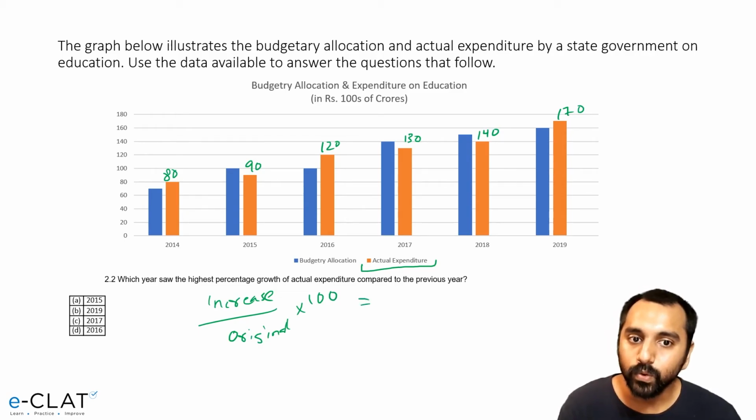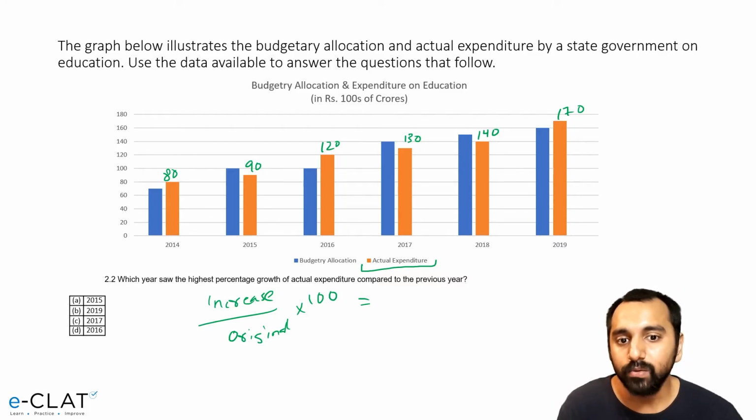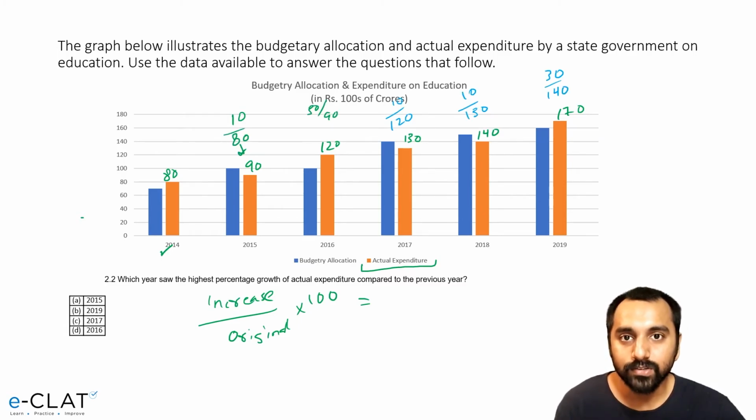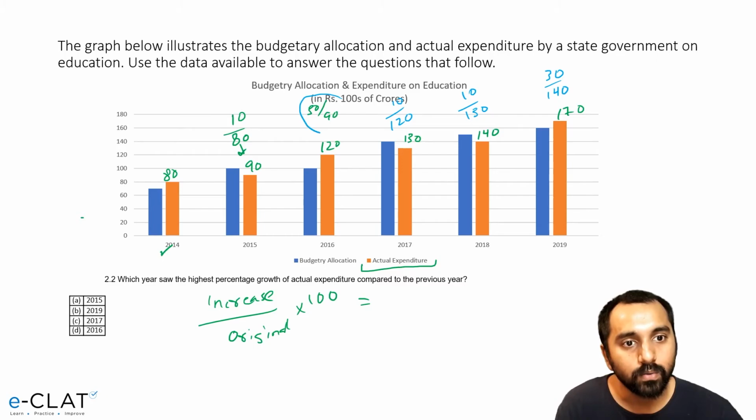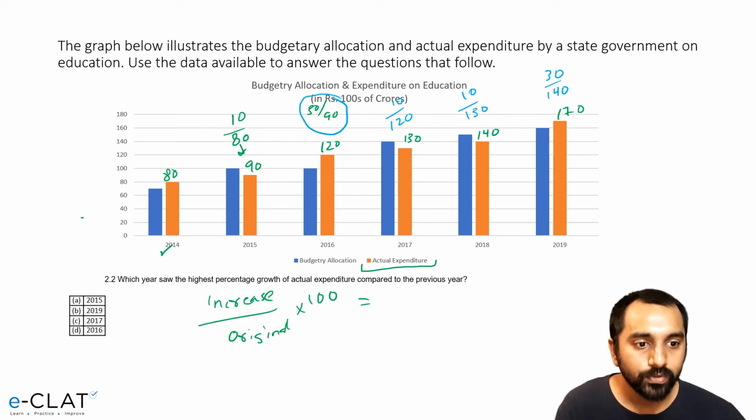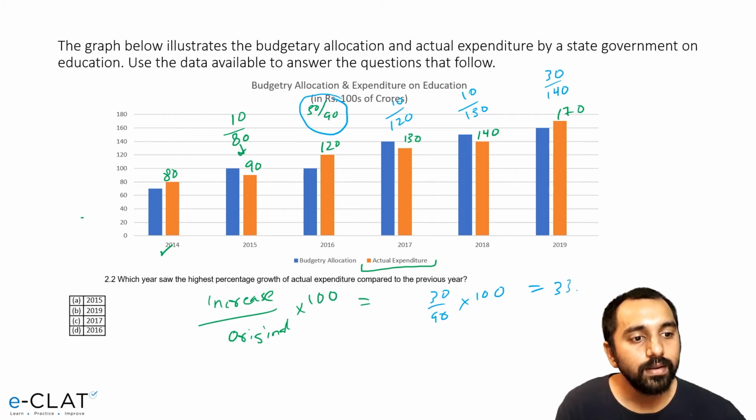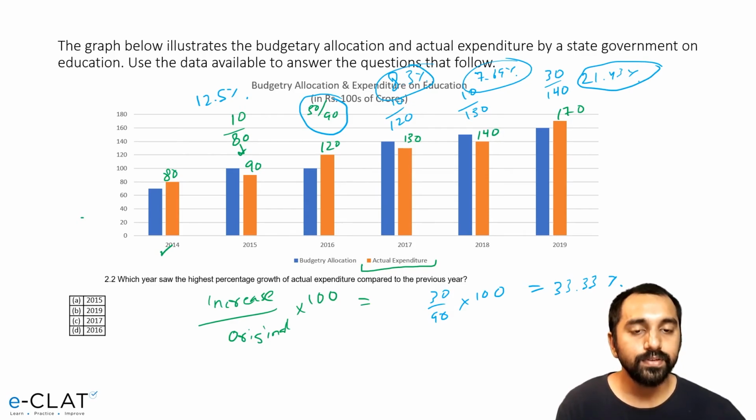So we will apply the same thing over here. We won't calculate it for 2014 because there is no year prior to it. So it's only these 5 things. So over here it's like 90 minus 80, so first let's only find out the fraction, like the increase upon the original. If you just look at the fractions, you can easily say that this is the highest one because it's like 1/3. And if you find out the percentage of this, you will find that this will give you the highest percentage, which is 33.33%.